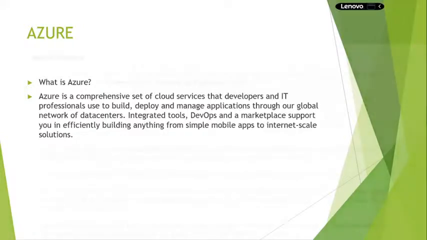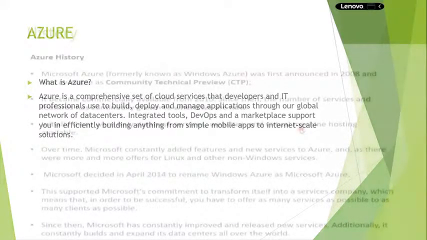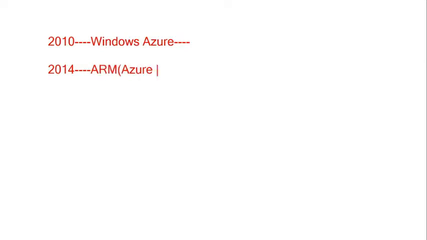Next, when did Microsoft Azure come into the picture? Microsoft Azure came into the picture in the year 2010. At that time we called it Windows Azure, and it supported only Microsoft related applications. Later, in the year 2014, they introduced a new deployment model called ARM, meaning Azure Resource Manager. And they renamed Windows Azure as